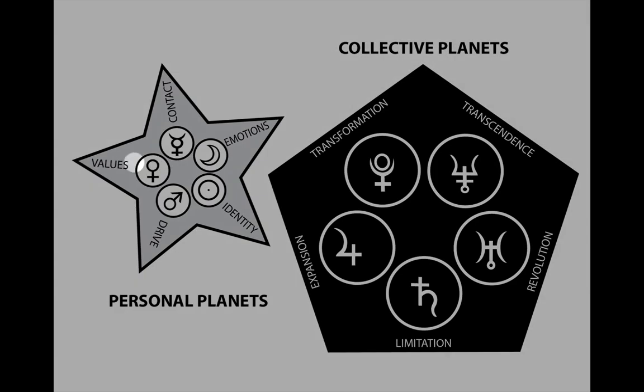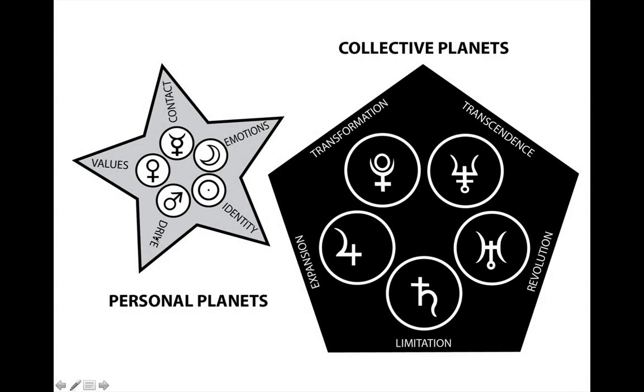The Sun is considered connected with identity, the Moon with emotions, Mercury with contact. There's lots of subheadings for this. Mercury is the intellect, Mercury is communication, Mercury is all kinds of mental activity. Venus is connected with values, relationships, love, what you like. Mars is connected with drive, but also competition, sexuality, winning. And these are really basic drives. They're basic drives that